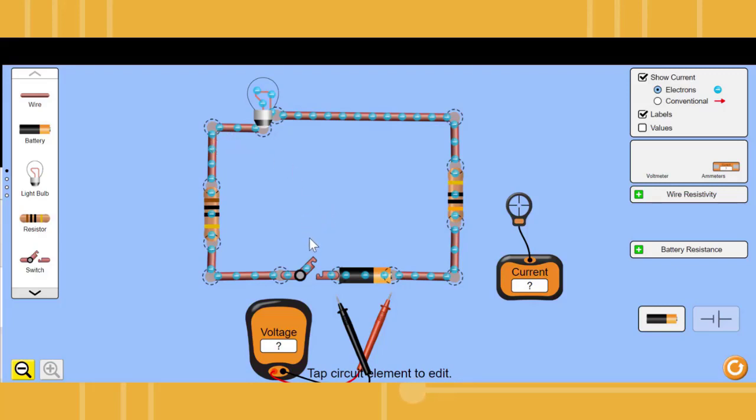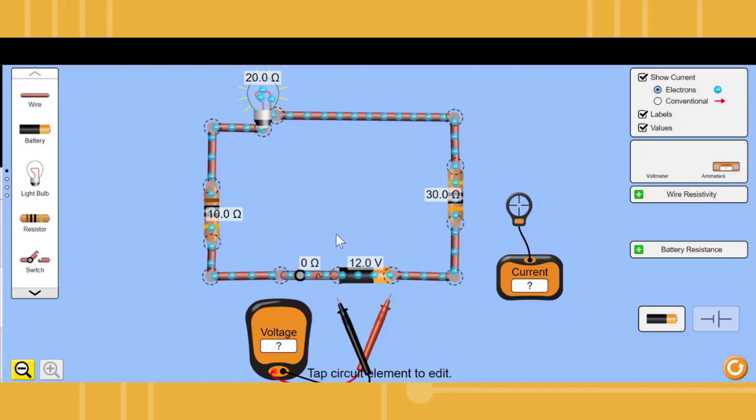So the first thing I'm going to do is click the switch. And as you can see, now we have some current moving through the circuit as the electrons move around from one side of the battery to the other. Notice the light bulb isn't very bright, which kind of has to do with the amount of power output. So I'm going to come over here and click the values